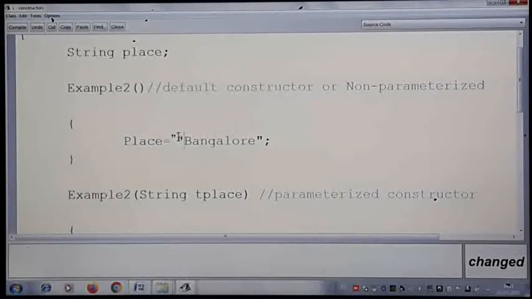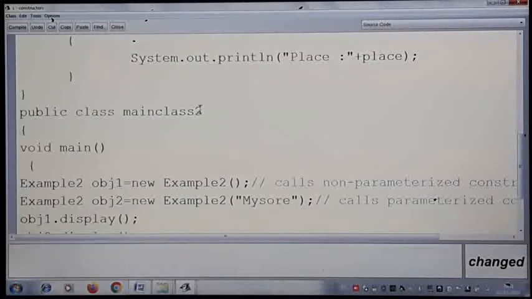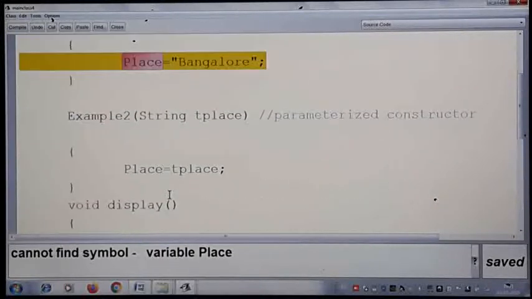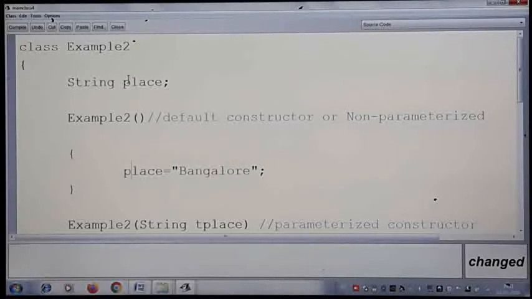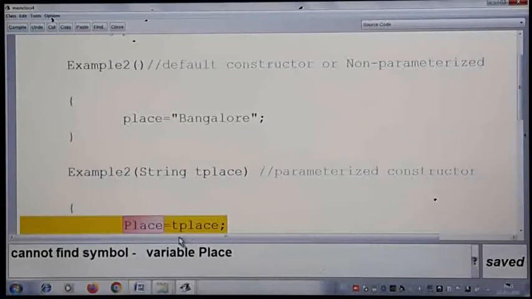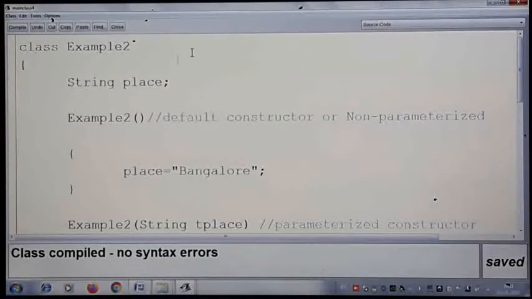So let us see how it is working now. I'll compile this main class. Okay, main class 2, I'll make it as 4. I'll compile. Small p here. Again small p. Yes.